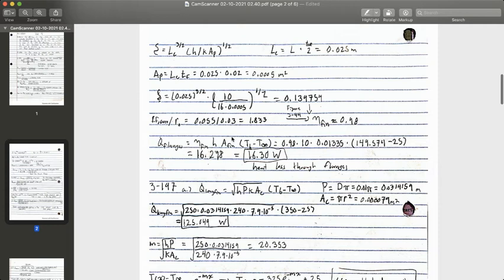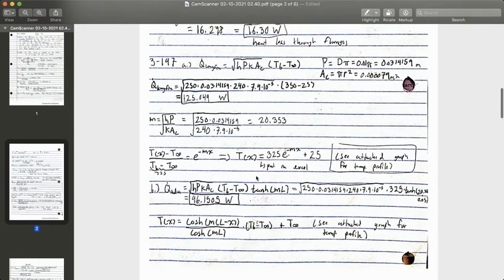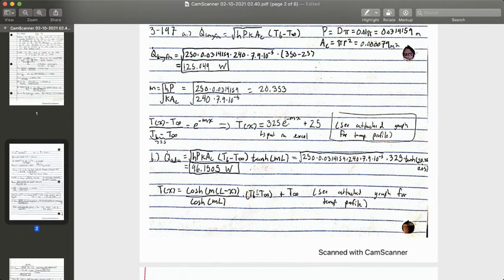Once we have that efficiency, we know we can use it in this equation to find the overall heat transfer through those flanges. And once we plug everything in, we'll find that about 16.3 watts are lost as heat through the flanges. The next problem wants us to find the